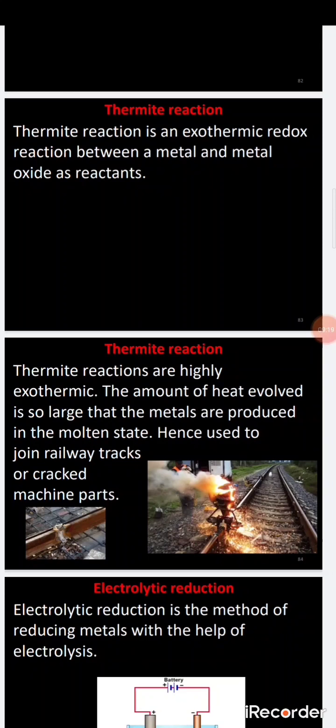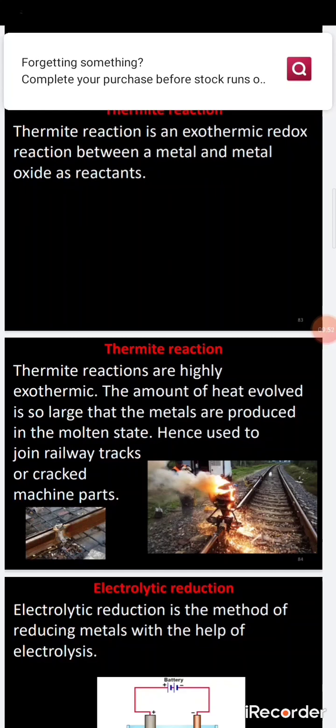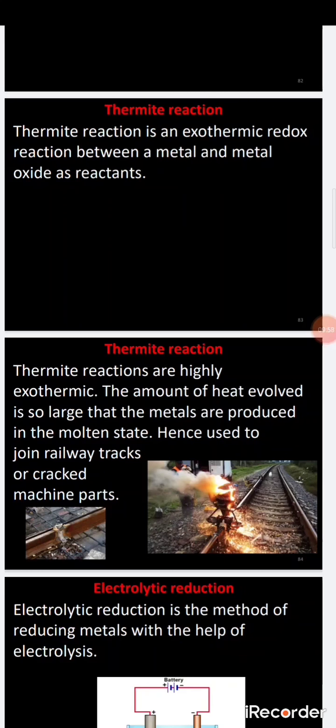In the recent SSLC examinations held during the month of June, they asked a question for 3 marks. Mention the difference between calcination and roasting. The second question: how are these processes used in the extraction of zinc? Explain with the help of chemical equations. And the third one: after this process, is reduction necessary to obtain zinc? Why? So these are the 3 questions they asked for 3 marks.